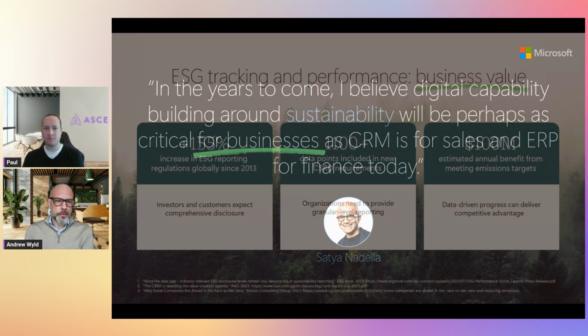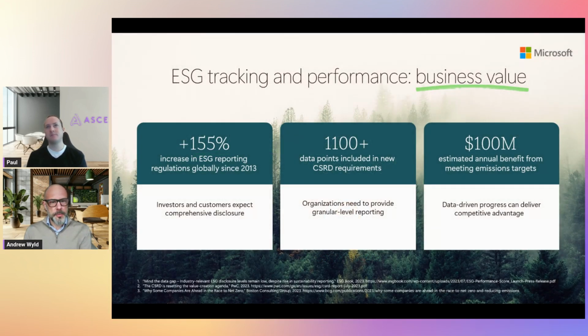When we think about the problem statement, first and foremost, there's been a huge increase in reporting regulations around all things environmental, social and governance, or ESG for short. The one that probably comes to the top of everybody's mind is CSRD, the Corporate Sustainability Reporting Directive. But that's just one. We funnily call it the alphabet soup of the regulatory world because you have GRI, CDP, SASB, CSDDD. It's just crazy. There are acronyms all over the place.